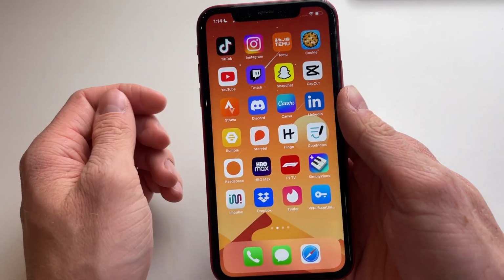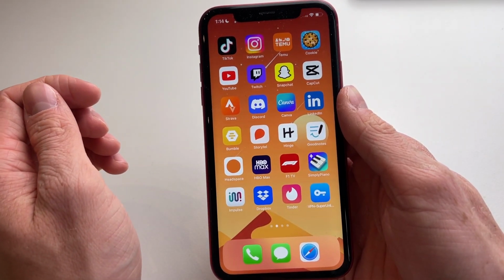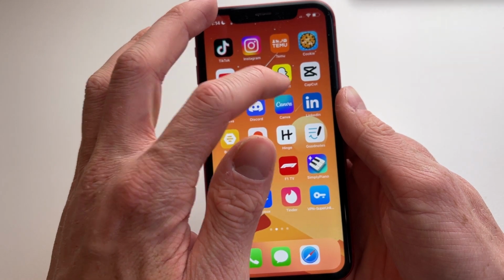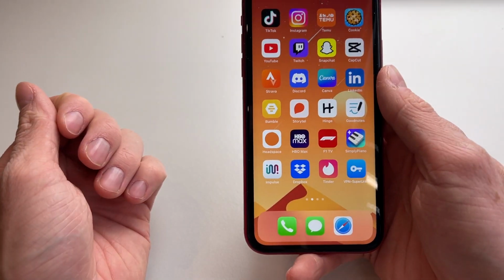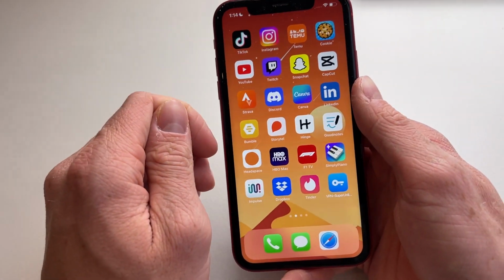Hello everyone, welcome to this video, and in this video I'm going to show you how you can create a Snapchat account. I will walk you through the steps on how to create an account and how you can start